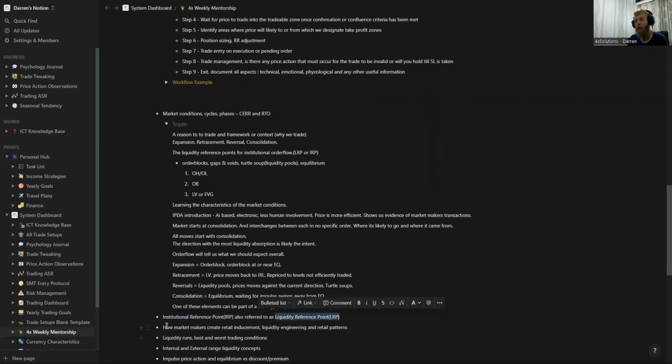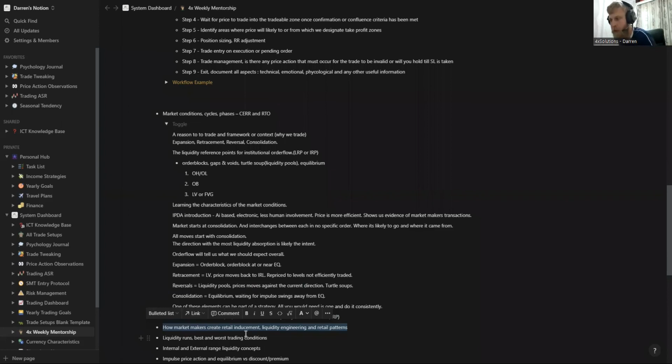Okay, so I'm sure we can all understand that there's a difference between what retail does, retail patterns, M patterns, head and shoulder patterns, but basically that's how retail traders trade. They don't trade price action because they believe that the head and shoulders is the price action, when it's not. That is the inducement by the market maker, the institutions, so that they can induce people to see these patterns, harmonics, trend lines, all of that. That is an inducement by the institution to engineer liquidity. So